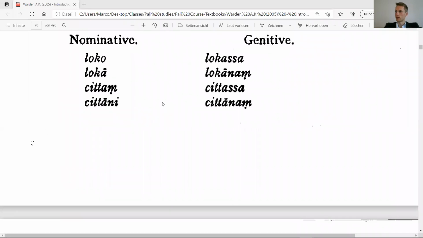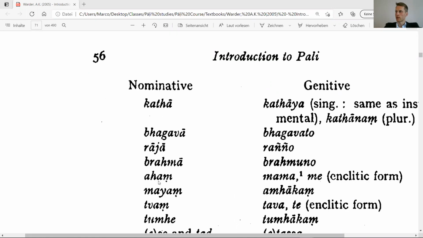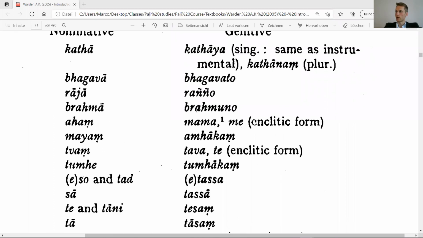Now, what is the form of the genitive? We will have a quick look. So masculine noun loko, lokassa, plural loka, lokānaṃ, cittaṃ, cittassa, cittāni, cittānaṃ, kaṭā, nominative in singular and plural, kaṭāya singular and kaṭānaṃ plural, bhagavā, bhagavato, rājā, rañño, brahmā, brahmuno, ahaṃ, mama, or